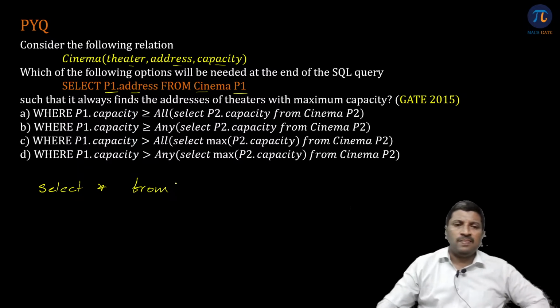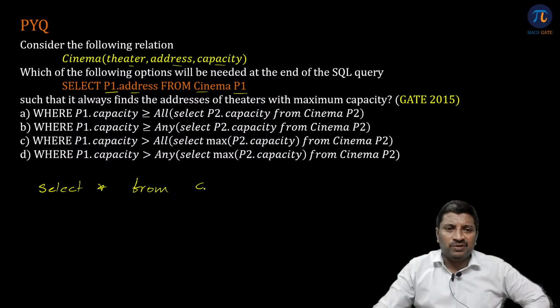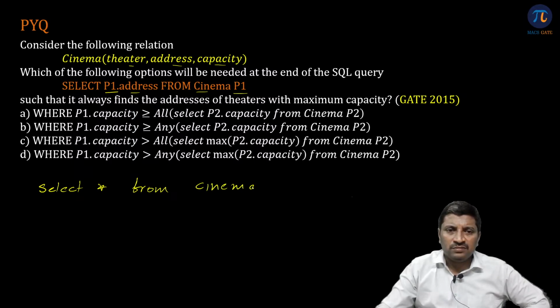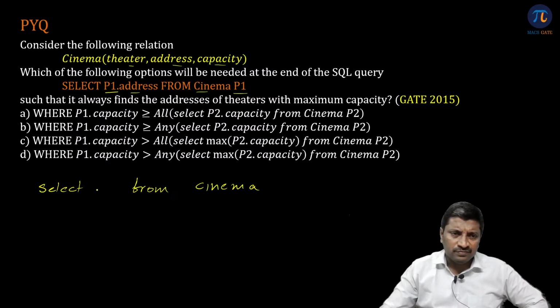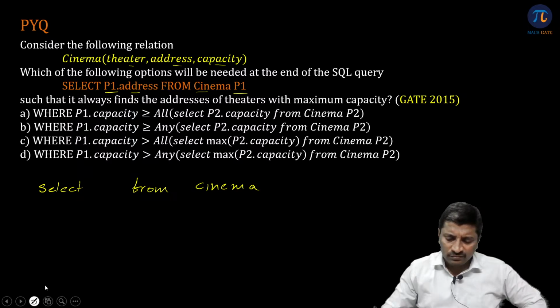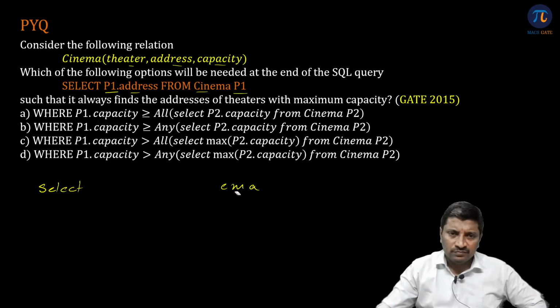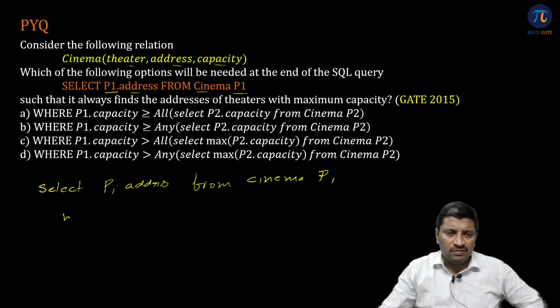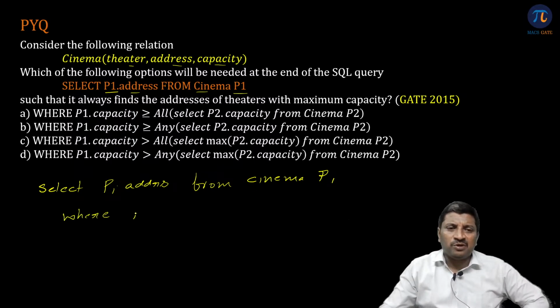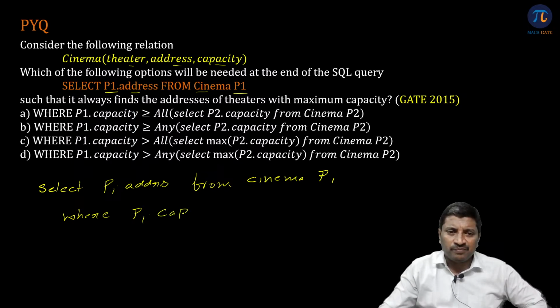Select star from cinema. Okay, instead of star, they give an address. P1 dot address from cinema, where I need the one with maximum capacity. Where P1 dot capacity